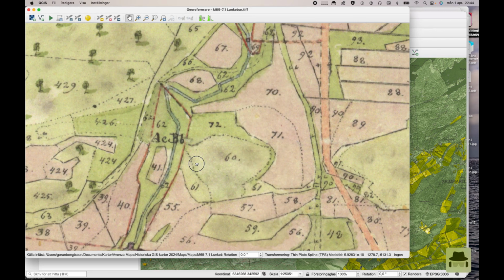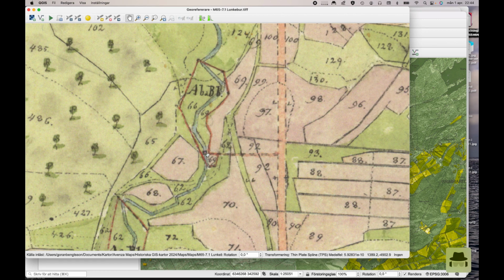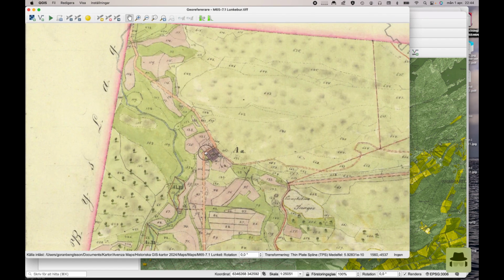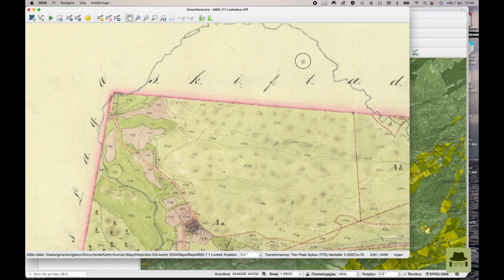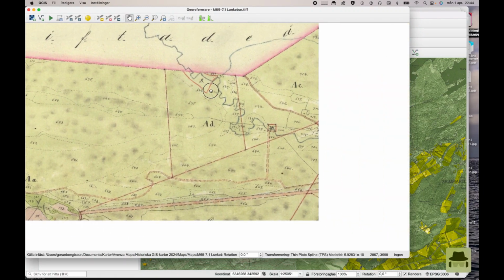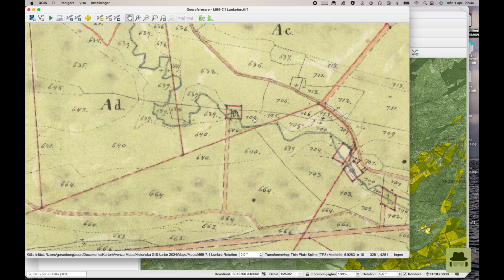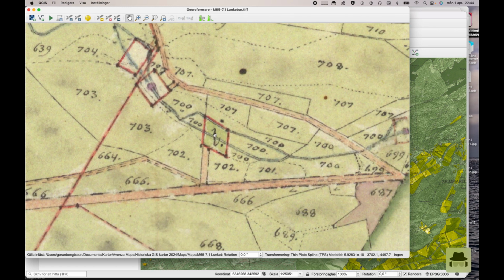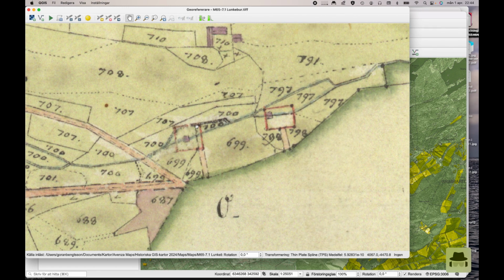The first there, and we have another there. Zoom out, follow the creek around, and the next one is there, and we have two close to each other. Another one there,